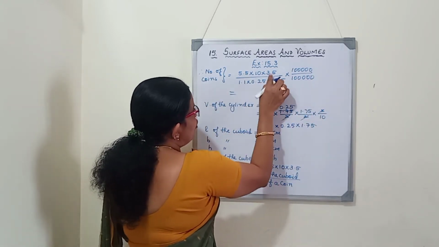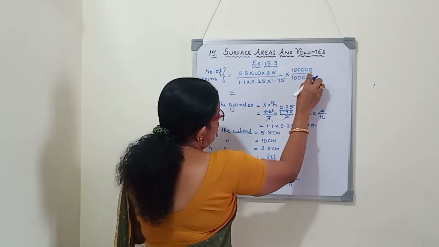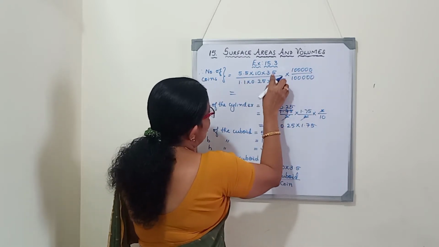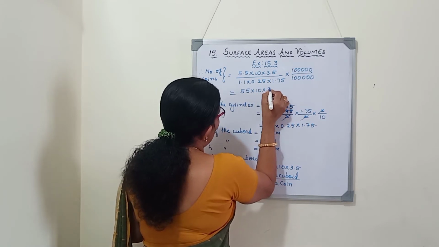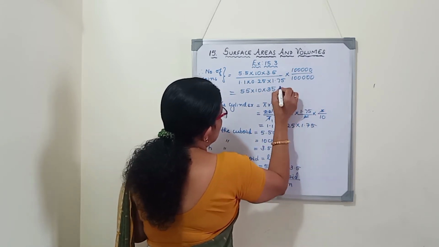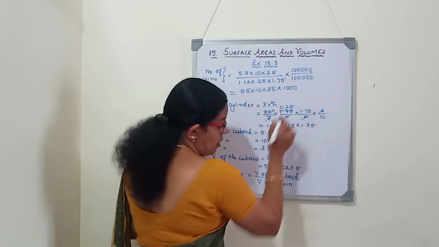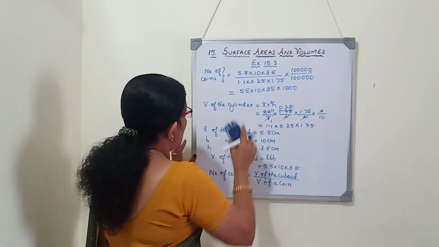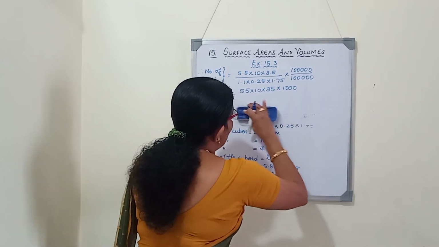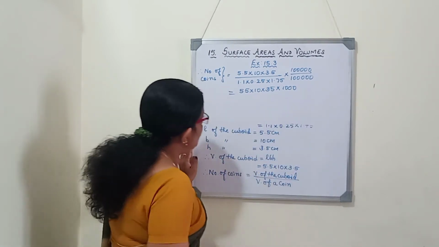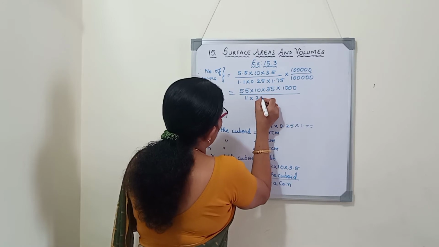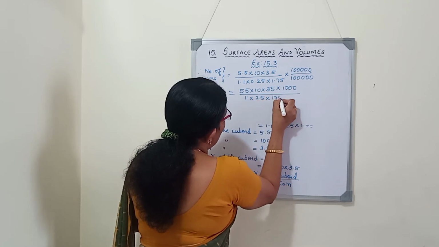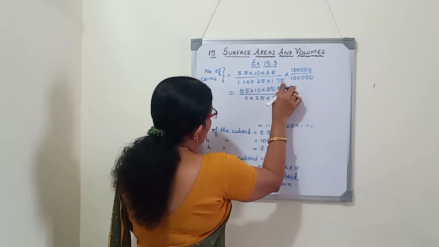Now, the numerator has only 2 decimal digits. We have 5 zeros. So, 2 zeros will be adjusted with the decimal point and we will get 55 into 10 into 35. So, remaining 3 more zeros, that we will write as 1000. And in the denominator, total 5 decimal digits are there and 5 zeros are there. So, we will get 1.1 becomes 11, this is 25 and here it is 175. All the 5 zeros are adjusted.